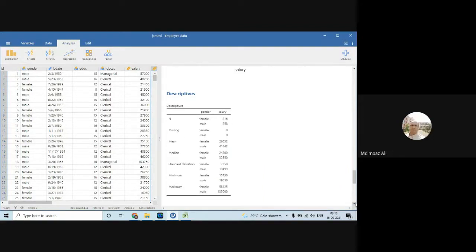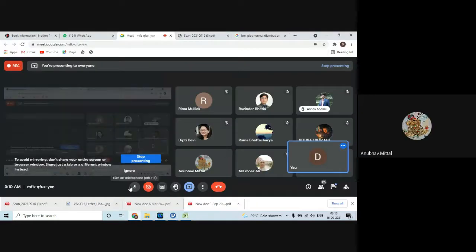Yeah, and you can see the numbers also, male mean salary and female. Shall I proceed further?